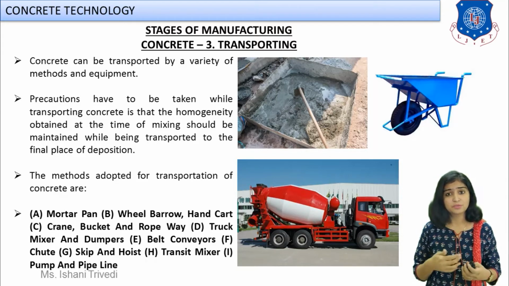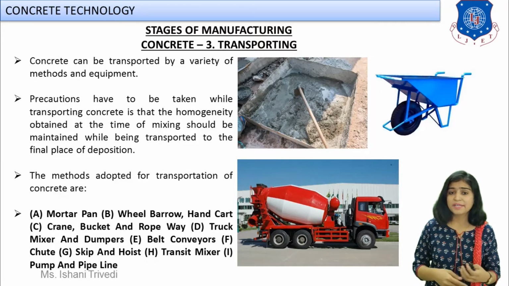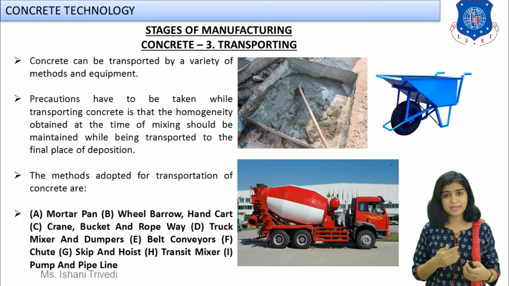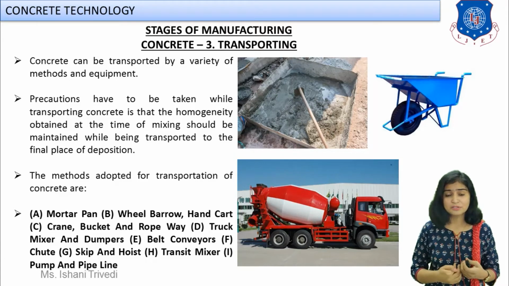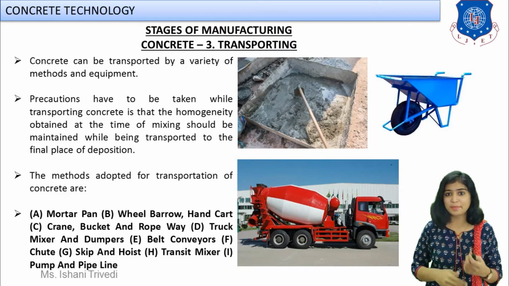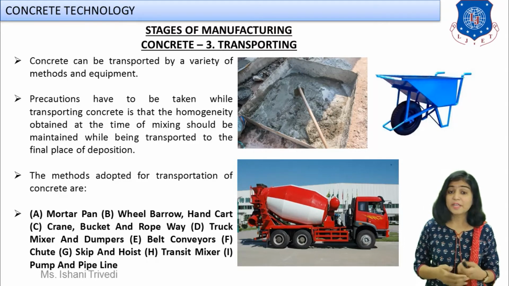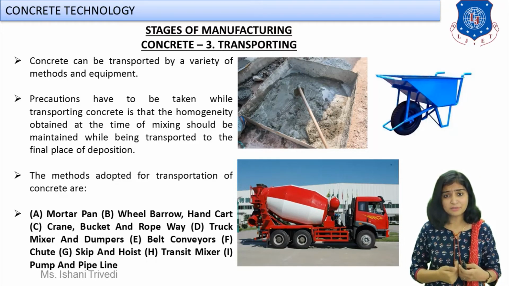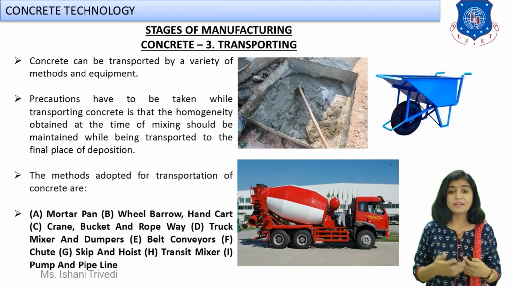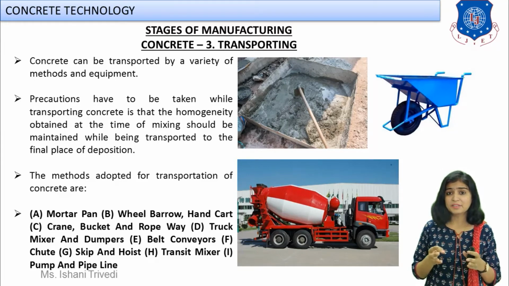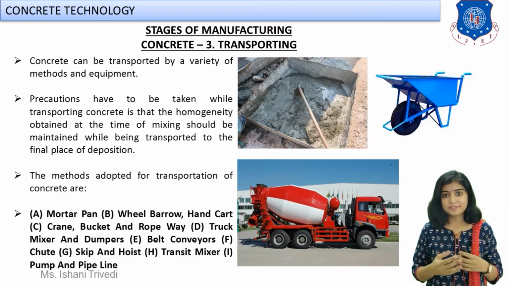Apart from that, when we go to large mass concreting works, we have different types of transporting equipment like trucks and dumpers. We have pumps and pipelines also. When you want to go for higher storey buildings, pipelines will be useful. Then in mountainous regions, we have ropeways also. You can use cranes also for the transportation of concrete. I think all of the methods are flashing over here. We have a truck mixer, we have belt conveyors. A belt conveyor is used when you want to transport concrete at a speedy rate, and also when you are dealing with high-rise structures and the concrete is available from a greater distance, right?